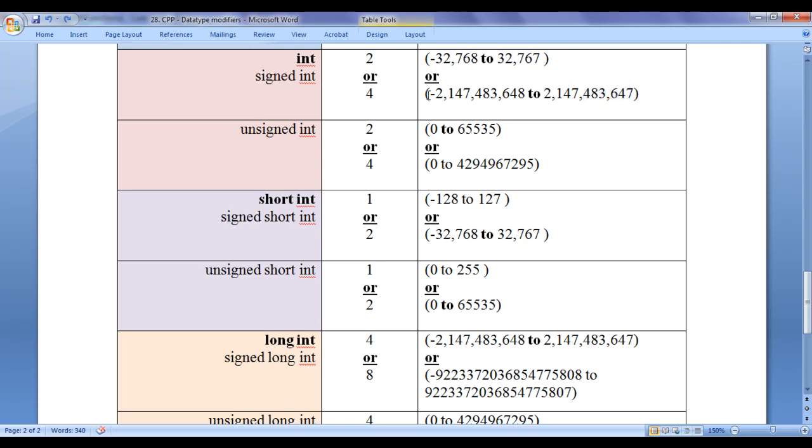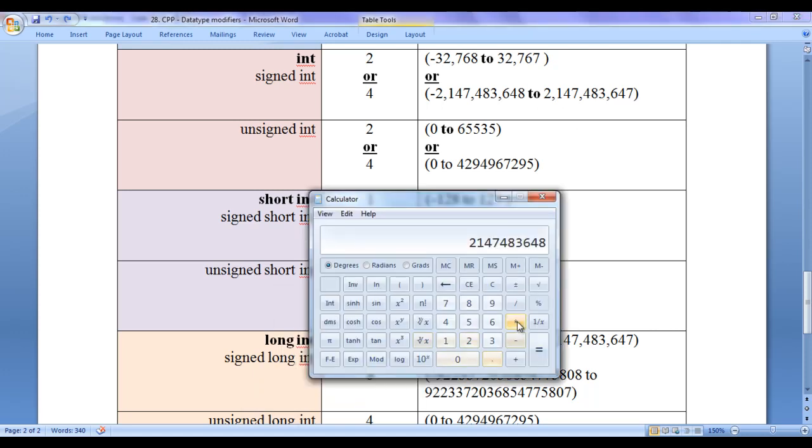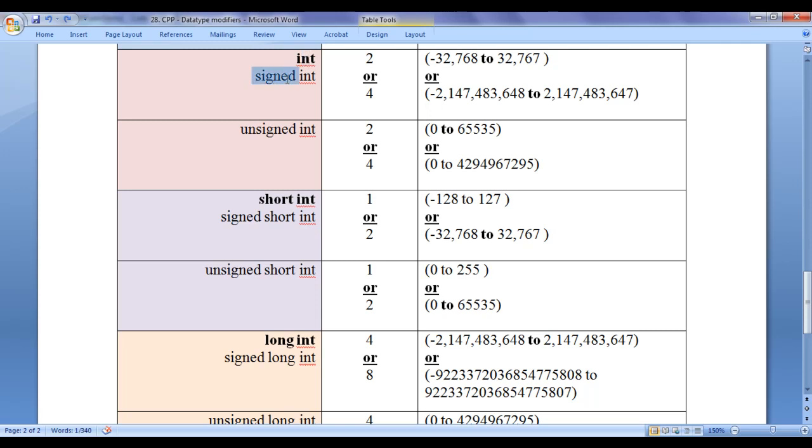If you count from minus 2,147,483,648 to 2,147,483,647, it is going to become 4,294,967,296 values, guys. Int is by default signed int. Whether you write just int or signed int, they both mean the same thing. So they both have the same range, guys.